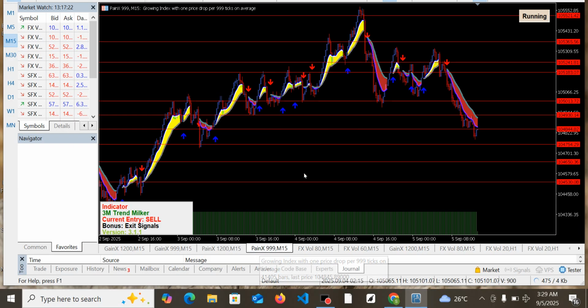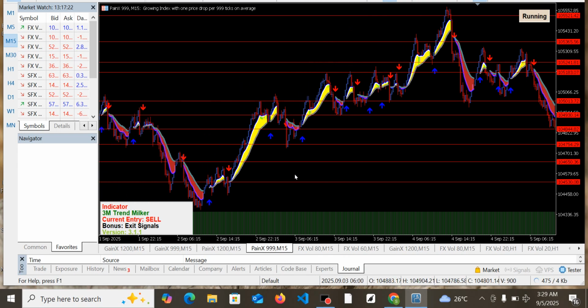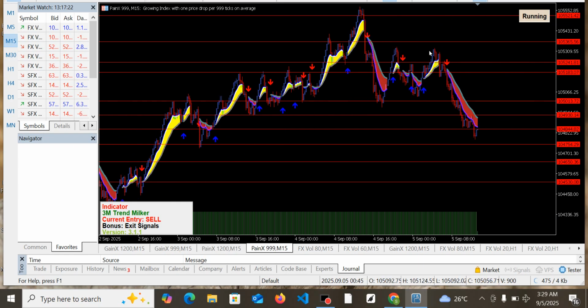Here is another asset called Paynex 999, also on the 15-minute time frame. I remember we milked the uptrend to the very end. Right now it has started a downtrend and it is selling at the moment, and I expect it to sell more even till it gets to this particular spot. Once you understand this and you use a proper risk management system, you are good to go. So my advice for you is to learn the trend trading strategy, and it will help you to milk the market almost all the time.